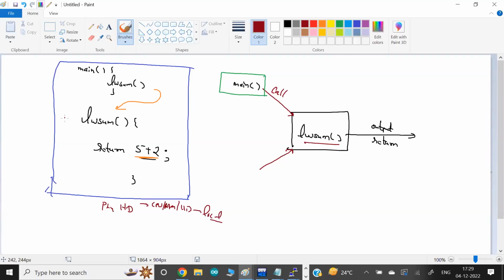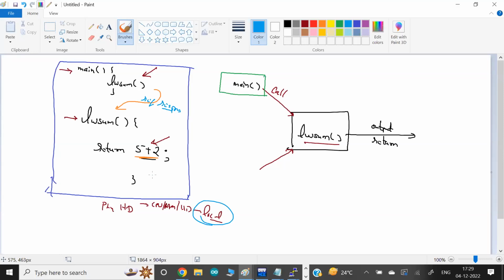This function also runs on the local system. Main function also runs on this local system. Okay, same system we are calling the function, same system they're giving the output. So in simple terms I can say main is requesting this function to run, and this function is responding, giving the response, with everything on the same computer locally.